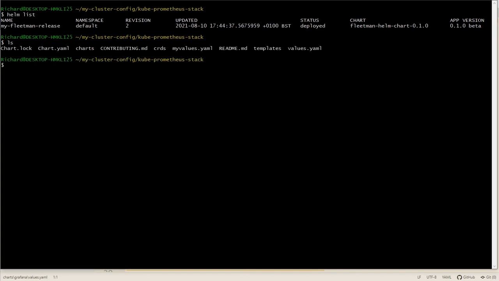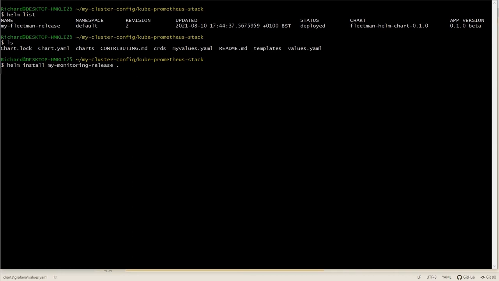Let me explain. So here I am in the root folder of the professional chart, the Kube Prometheus stack, and I'm going to install it, the usual style, Helm install, and I'm going to call this the My Monitoring Release. And again, we use the dot. I'm not going to need any sets here because I'm not actually going to use this chart, but I want to point out a huge difference. Remember, the name of the release that I've just created here, that could be anything I wanted, it's going to appear in the Helm list, is My Monitoring Release.